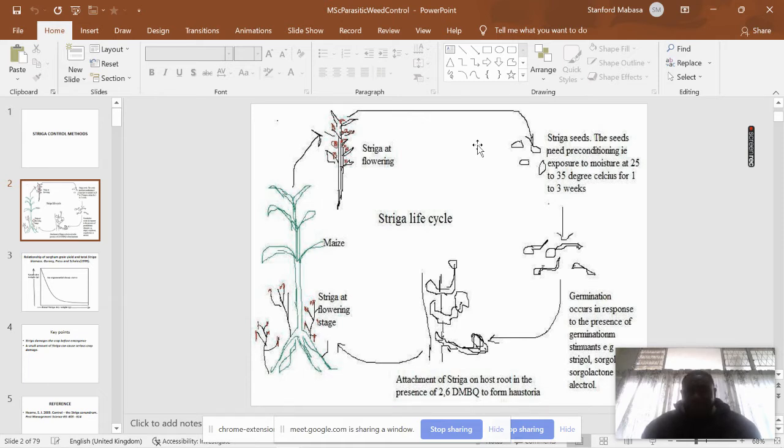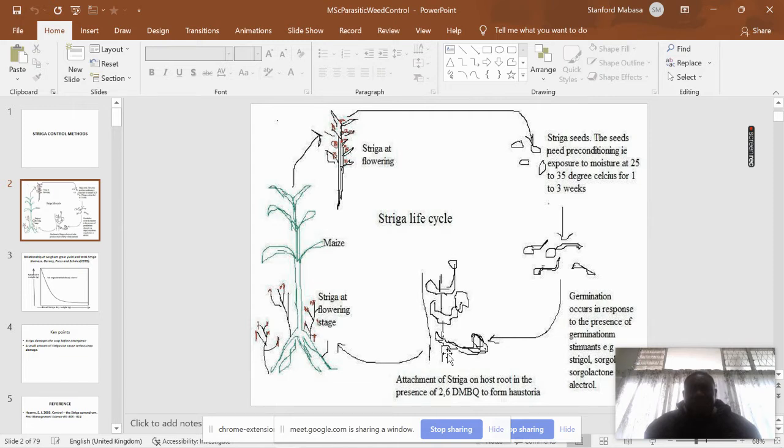For example, we may disrupt this germination process by using resistant genotypes, or by coming in with the herbicides which can cause germination in the absence of the host. We may also disrupt this attachment of the striga on its host, probably by bringing in